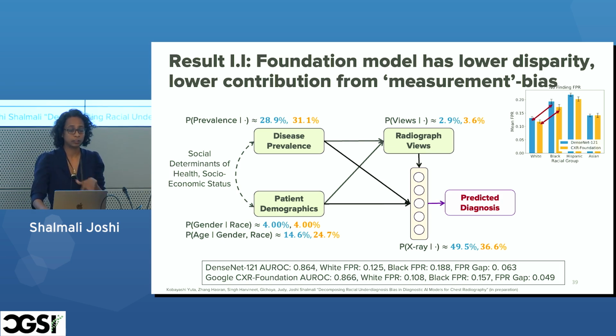So now, a priori with AUROCs, you couldn't say anything. With the disparity, you can say something. The disparity looks lower, but now you can say more. You can say that the model is actually able to learn. The foundation model, I think, is able to learn better from the chest X-rays than the DenseNet model itself. And then the distribution shifts are really proper demographic differences, maybe correlated, but that's what is contributing to the